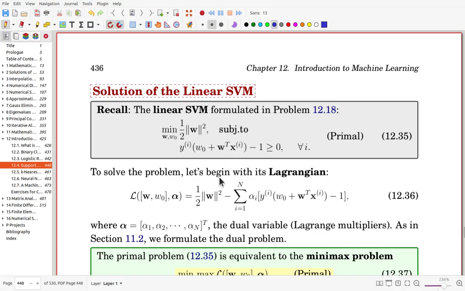Then its Lagrangian can be formulated in this way. Now this is the original objective function, along with the Lagrange multipliers, its dual variables,